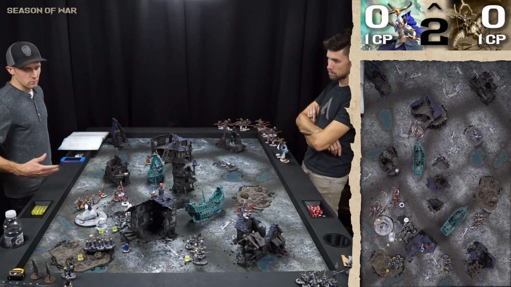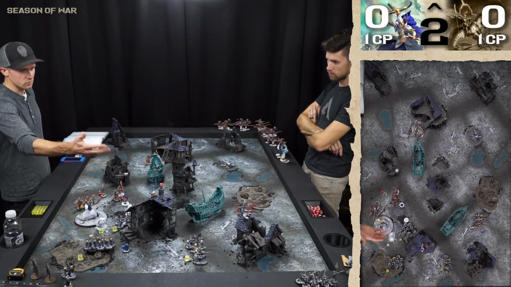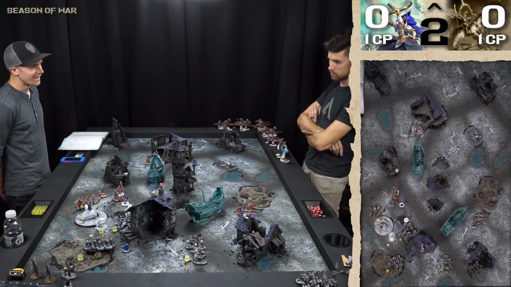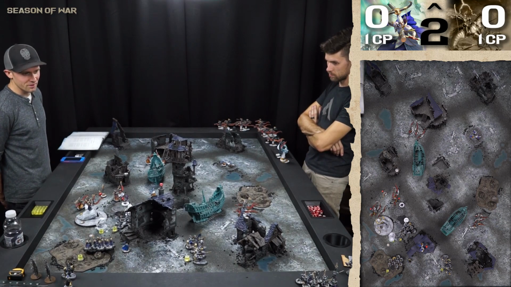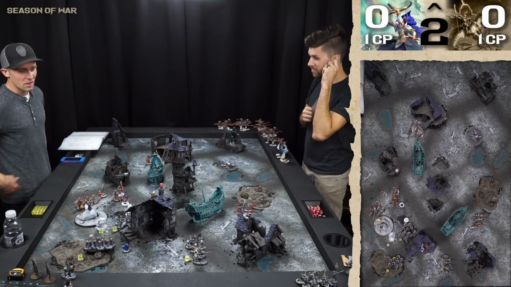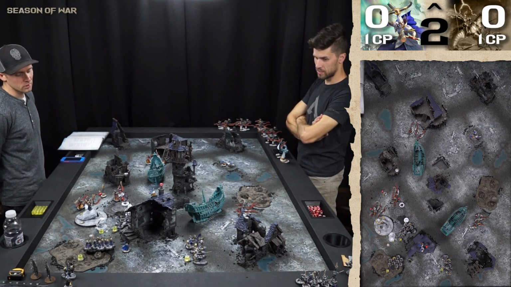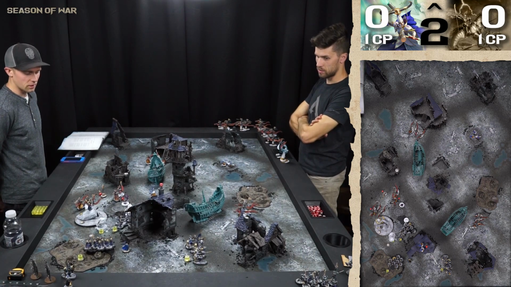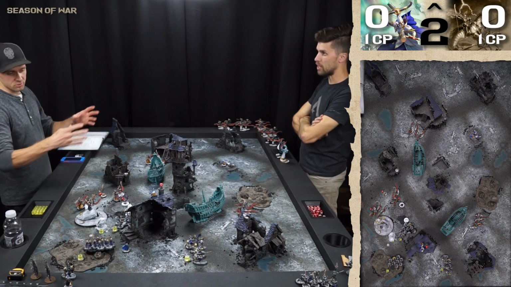Mm-hmm. I did 4 here, and I guess those guys whiffed, only killed half of an Aether Ray, but I'll take it. Aether Rays can sit there and do nothing. Yeah. And then I charged in the Dawn Riders, they lost 1, but then they took out the Khinerai. The Wardens charged in and just mopped up a bunch of different...